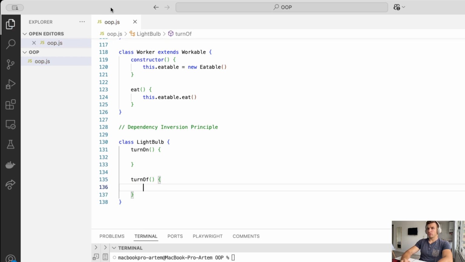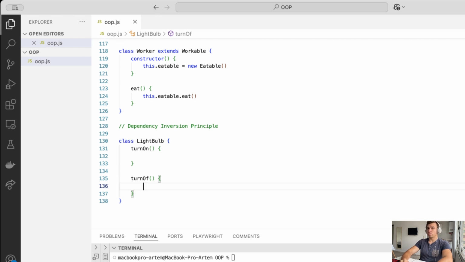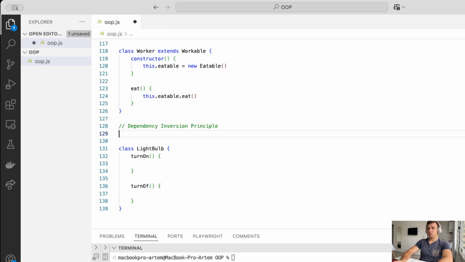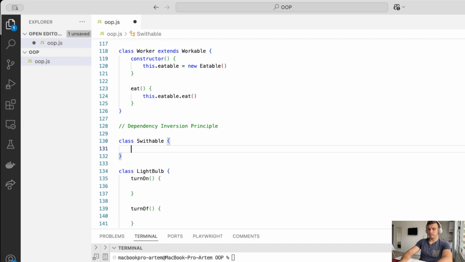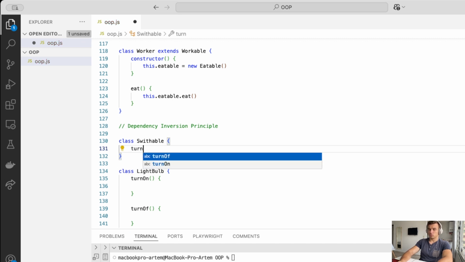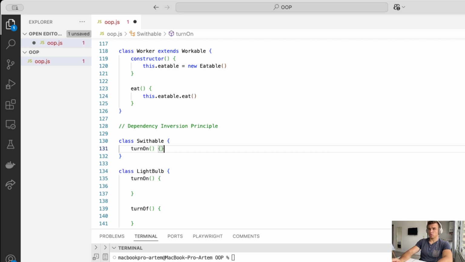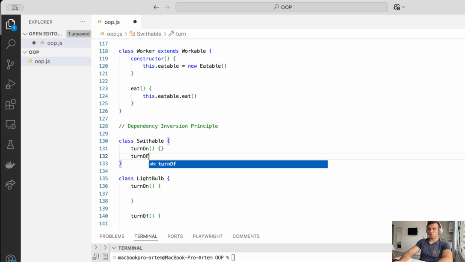But actually, the idea is that we turn on and turn off a switcher, and we don't turn on and turn off the bulb. So we need to write a class switchable, which has turn on, turn off,